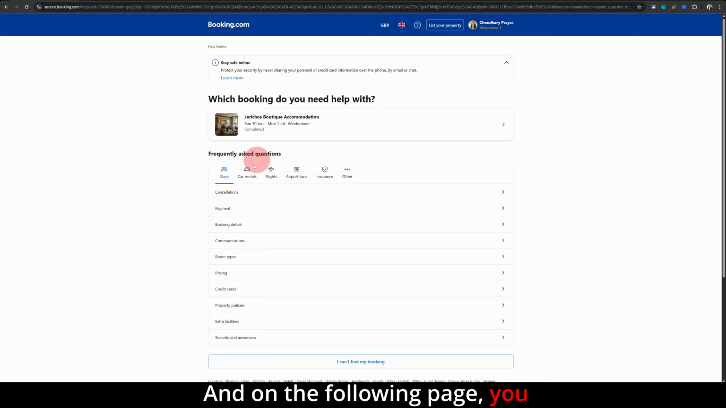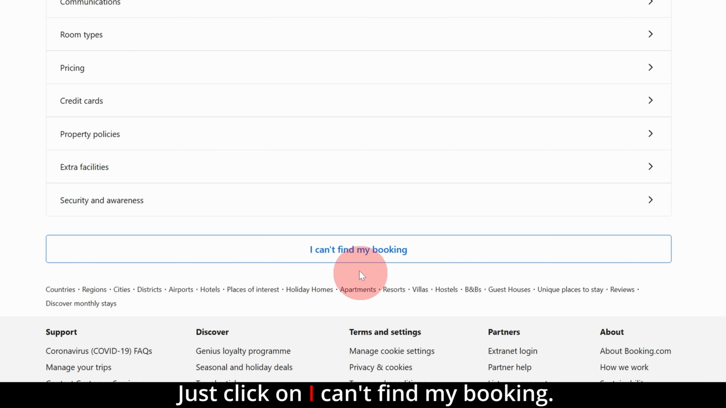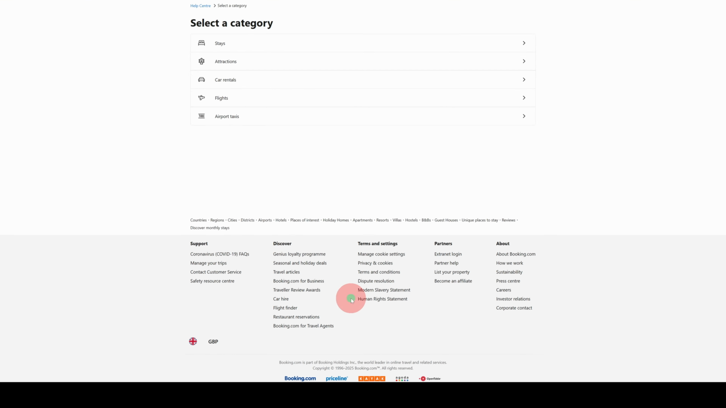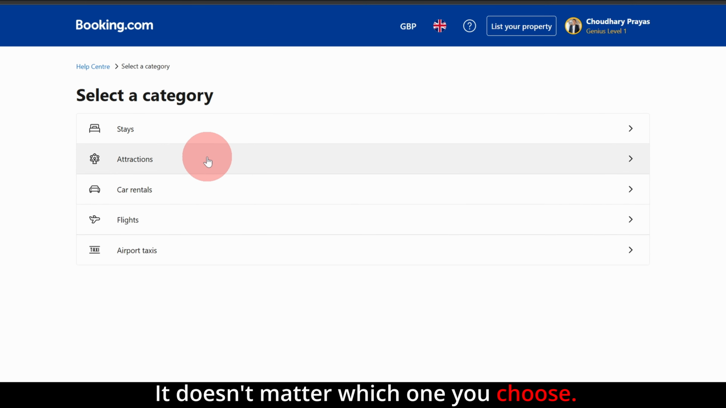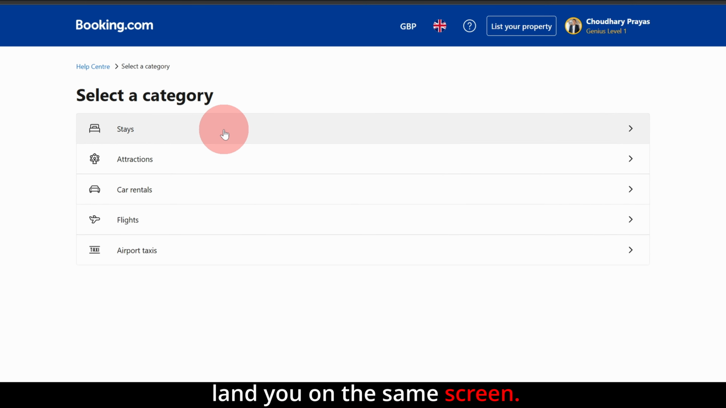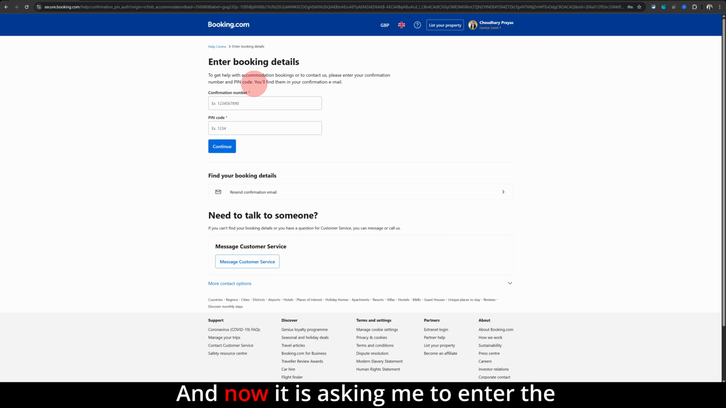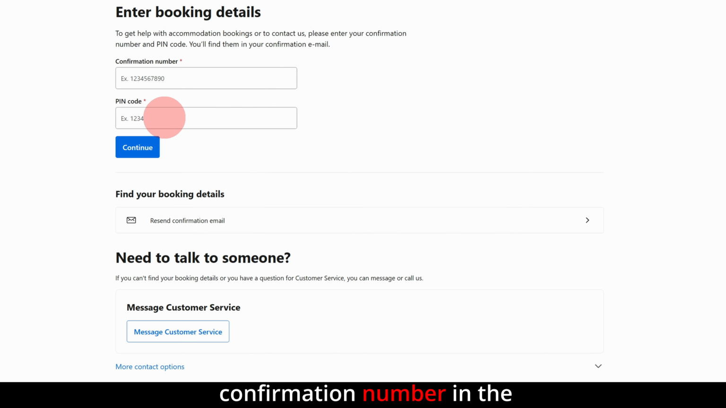And on the following page, you don't need to click anywhere. Just click on I can't find my booking. And on the following page, just click on any of these options. It doesn't matter which one you choose. It is always going to land you on the same screen. So click on stays. And now it is asking me to enter the confirmation number and the PIN code of